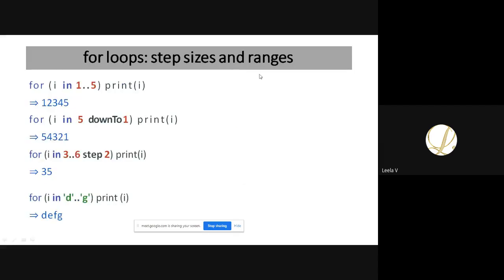And we can also use the range and step size concept in a for loop. So for i in 1 to 5, it takes the values starting from 1 to 5 and prints all of them. Your output will be 1, 2, 3, 4, 5, up to your last limit. You can also reverse the operation: for i in 5 downTo 1. You should not give 5 and the range operator to 1, since it won't print. If you give the downTo operator, then it will print the values from 5 to 1.